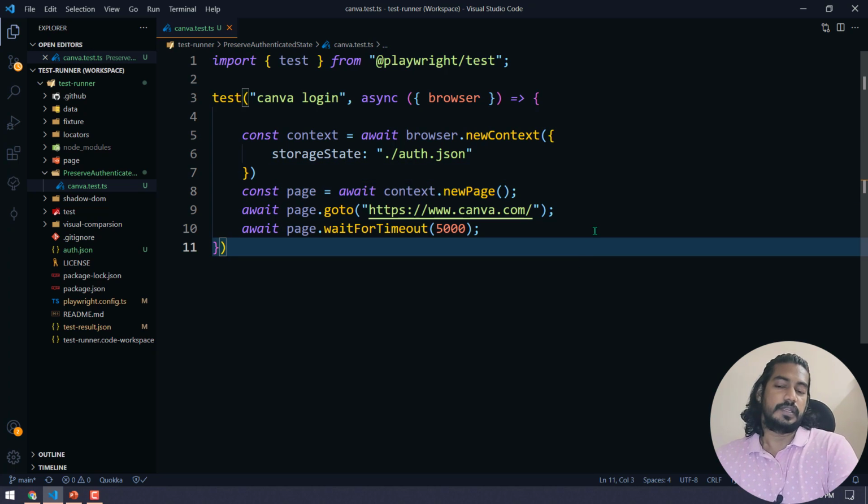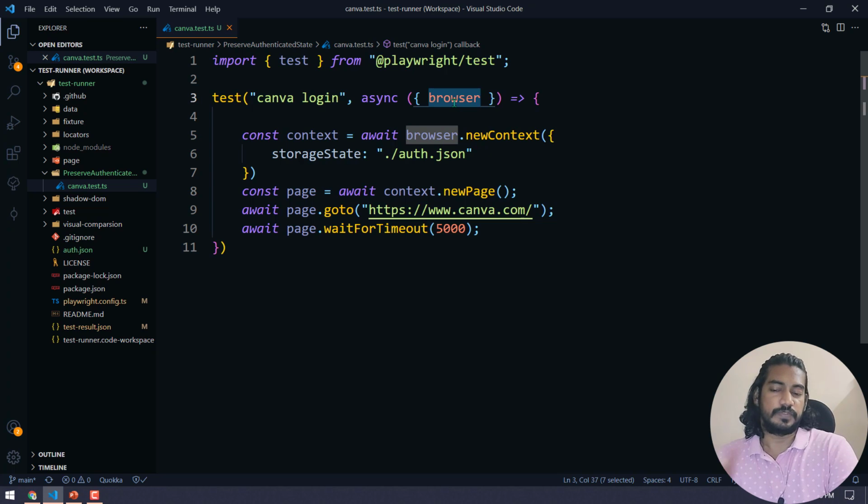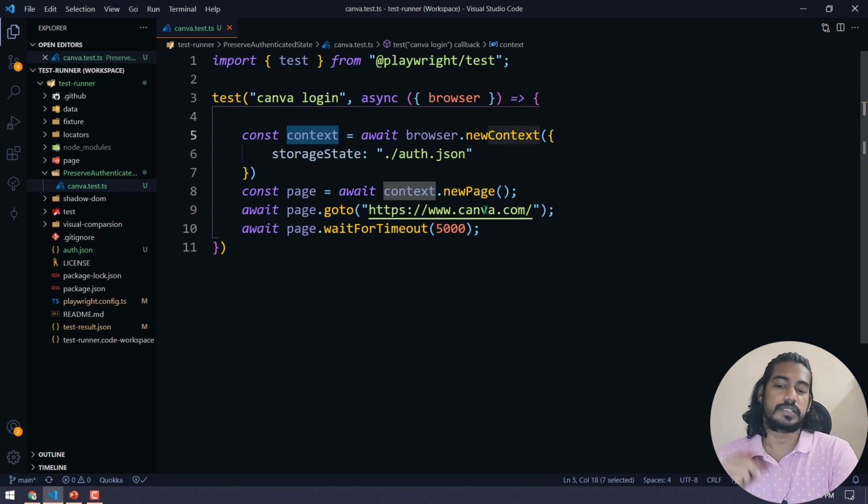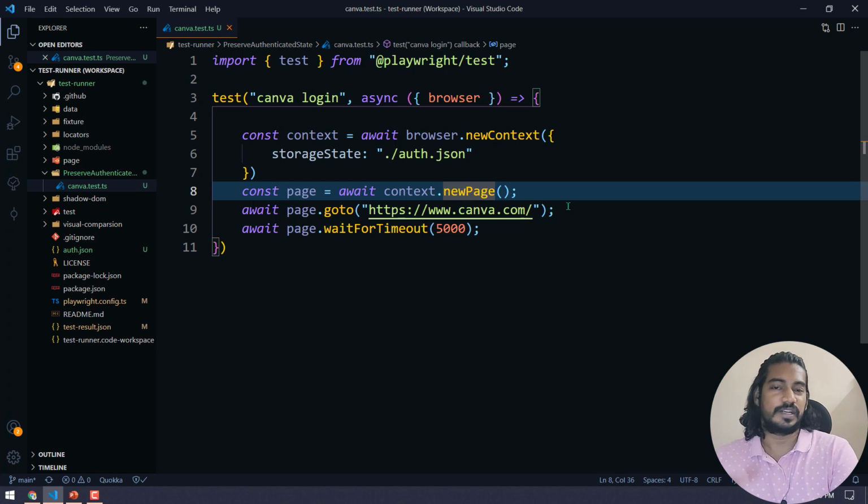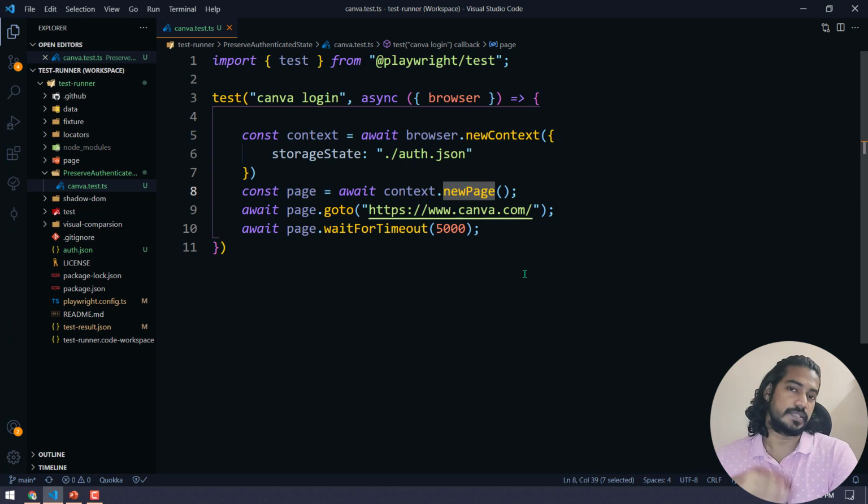What we did here is, in most of our test scripts we use the page object directly, because page has properties like newPage, and we can find the elements, click the elements, all that is fine. But before loading or opening the page, we have to set some properties, like cookies and the local storage. For that we have to use the browser context. With the help of the browser object we can call newContext. That's going to give me the context, and based on the context I'm going to create the new page. It might look a little confusing, but if you watched all my videos from the very beginning, I have explained in detail what is new context and what is new page, so definitely you will get it.